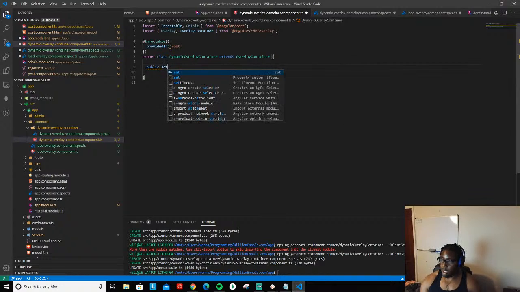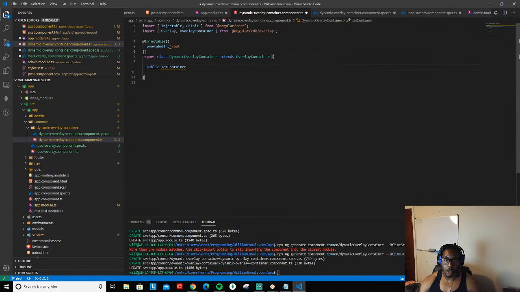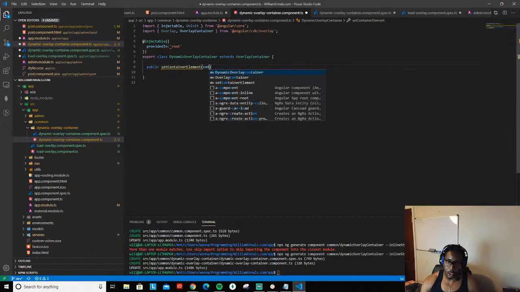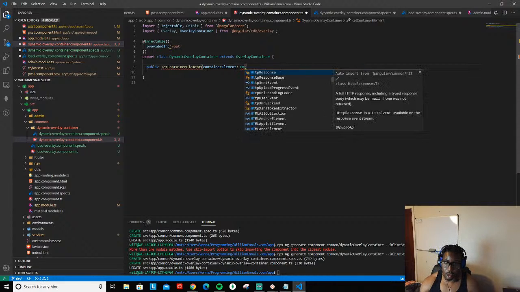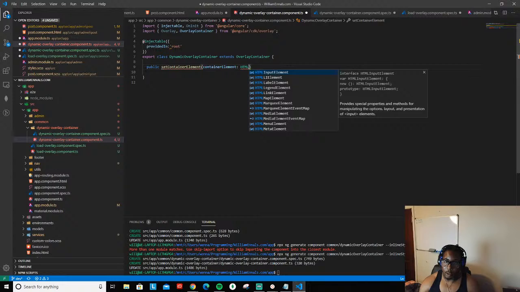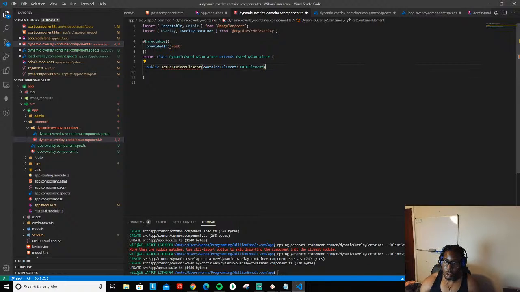and this is going to be setContainerElement, and we're going to pass in the container element. And this is going to be an HTMLElement, boom, and get our curly braces. It's not going to return anything, so we're going to be explicit about that: void. And we're going to say this